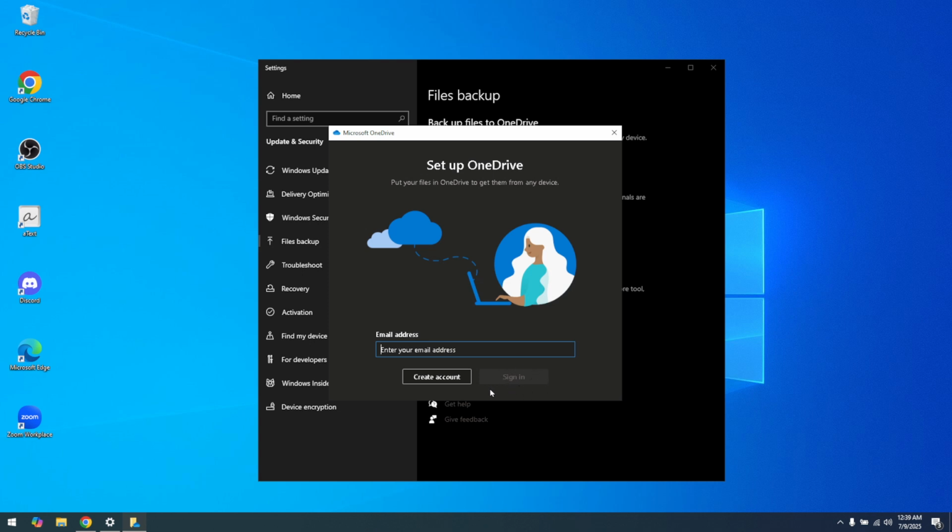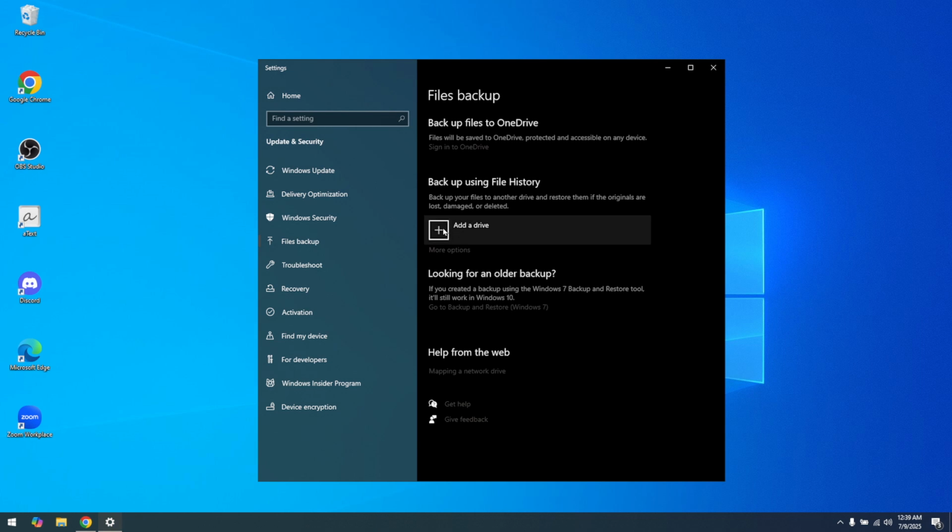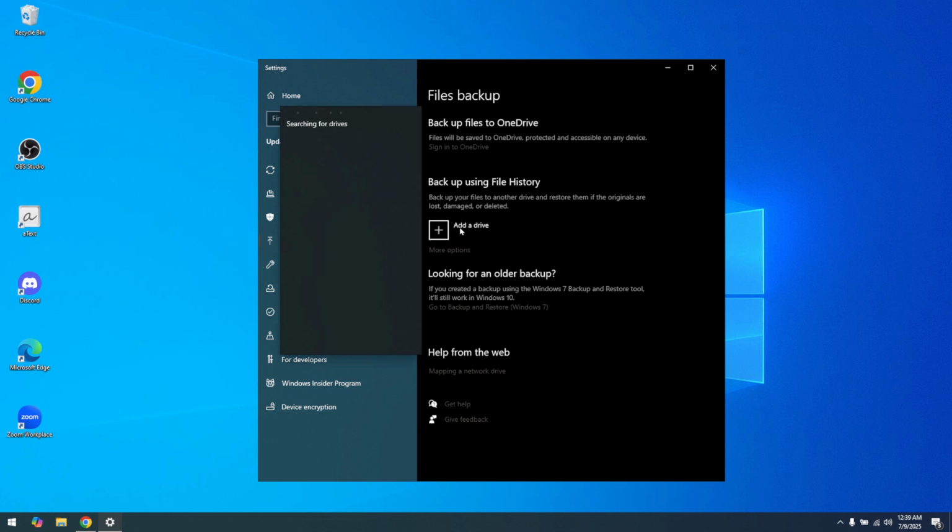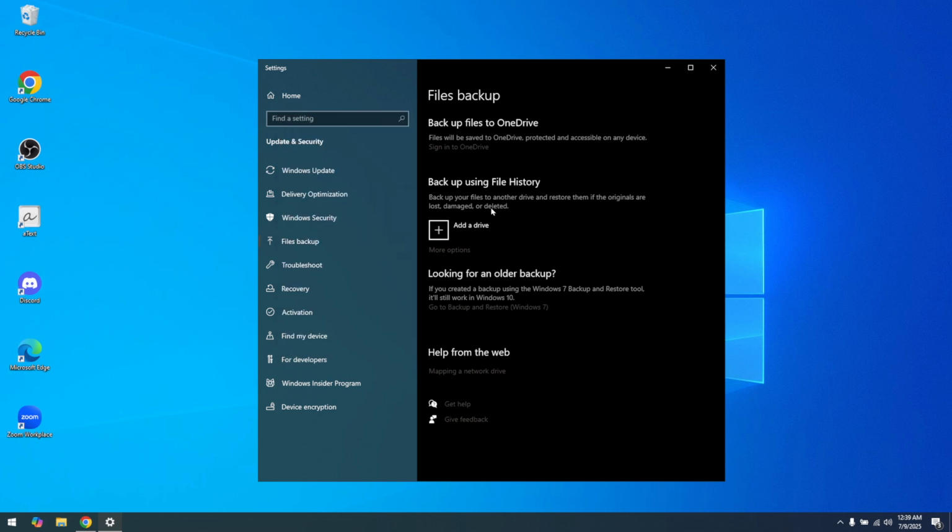Once you've successfully signed in, locate and click the plus icon. This icon allows you to add a new drive for backing up your data. You'll want to add a drive associated with your OneDrive account. This is an essential step because it links your local files to your cloud storage, ensuring they are safely duplicated in OneDrive. And with those steps, you've effectively set up your computer to back up using Windows 10's built-in tools